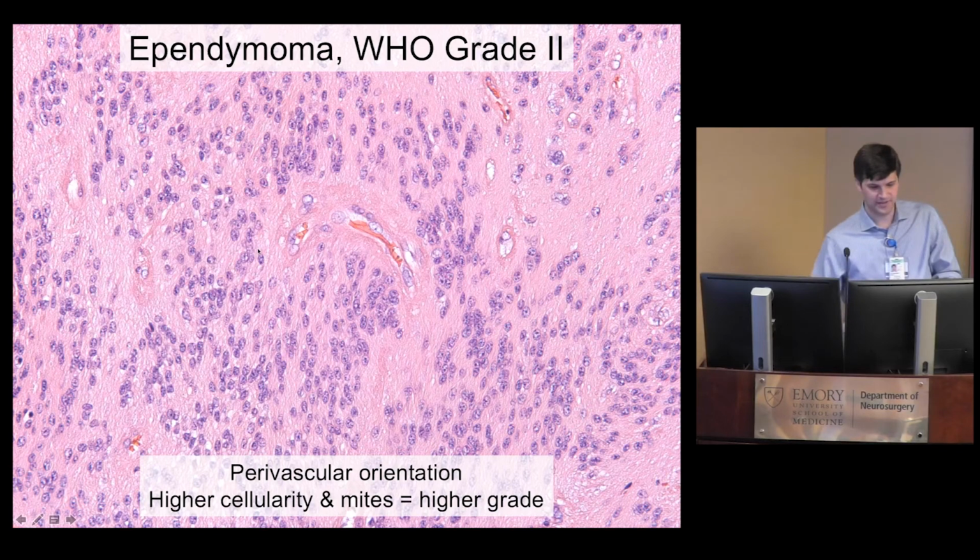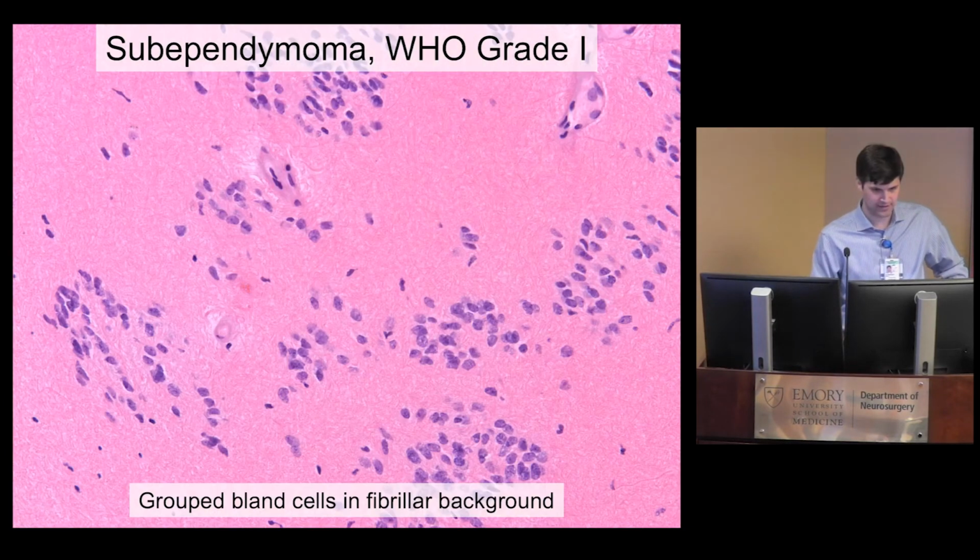And so you'll see these perivascular pseudo-rosettes, which is what's basically produced by the perivascular orientation of the tumor cells. And the more mitotic figures you see, and the higher cellularity, the higher grade it'll get. But this is a grade 2 that we're looking at here. Grade 1, a subependymoma,